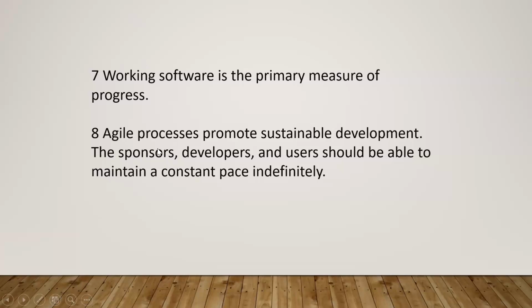A developer will say 60% of the work is done, 70% of the work is done. How can a Scrum Master trust that? We are not going to question them until they are demoing. They will show a demo of the working software, which comes in the Scrum Master's demo part. But unless and until they show it on the screen, saying this is what we have developed and it works this way, we are not going to believe anything.